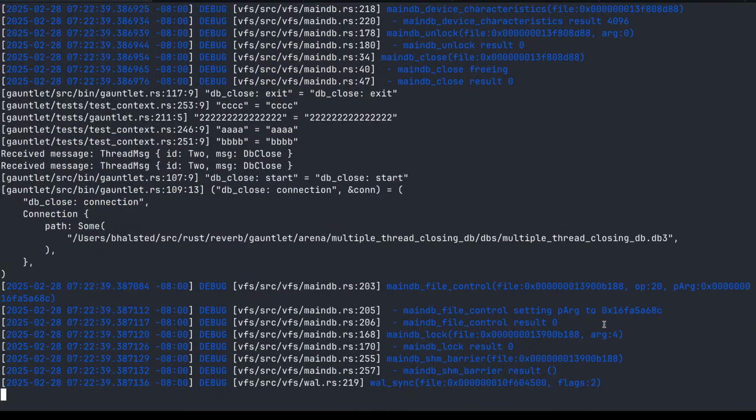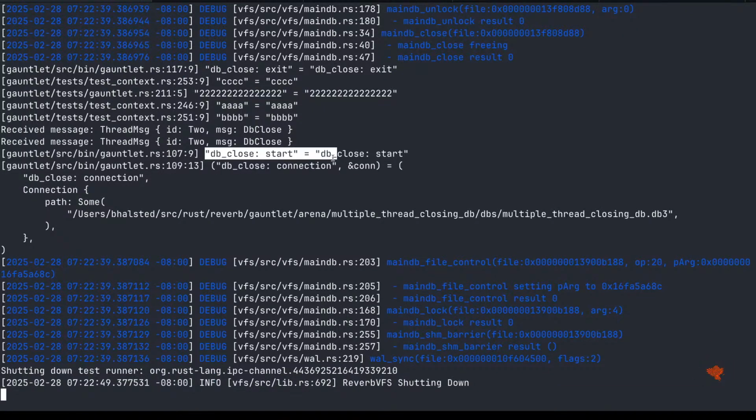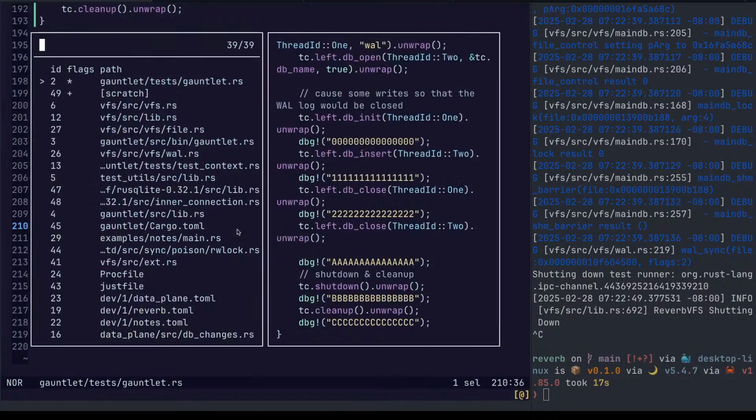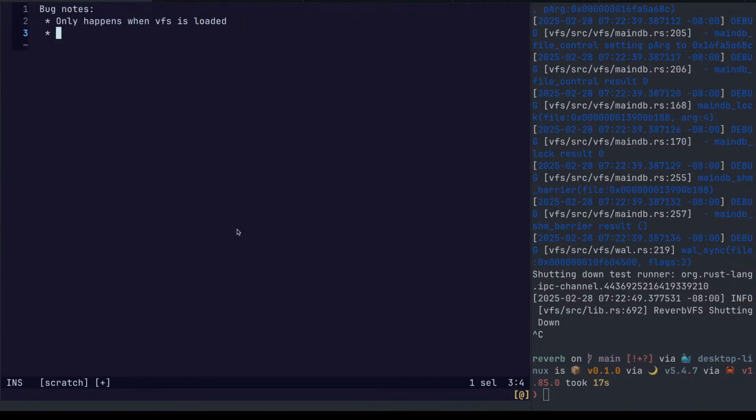Okay. We see the logging. We see 2. We never see A. We see DB close start, but no DB close end. Okay. Second close of the DB connection never returns.